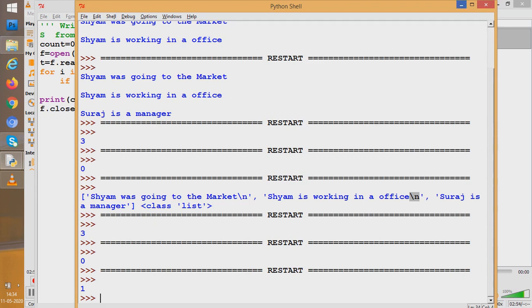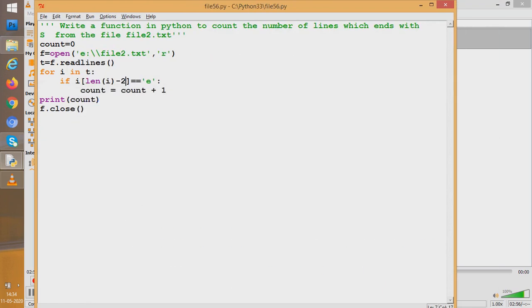Then it works. Now students, what we did today is we learned how to read a text file. You understood that text files can be read using the read function, using the readline function, using a for loop over the file object, and also using the readlines function.